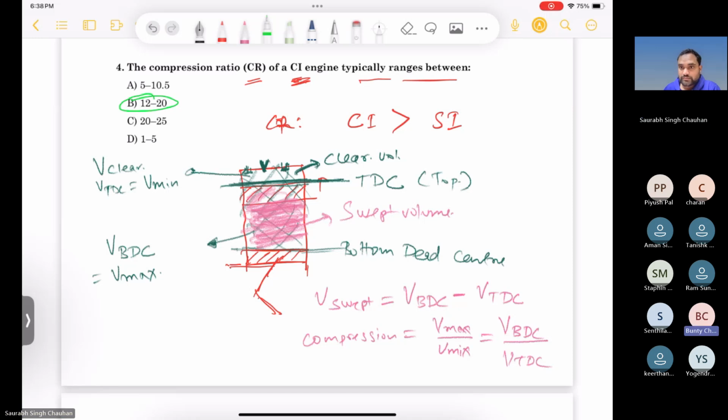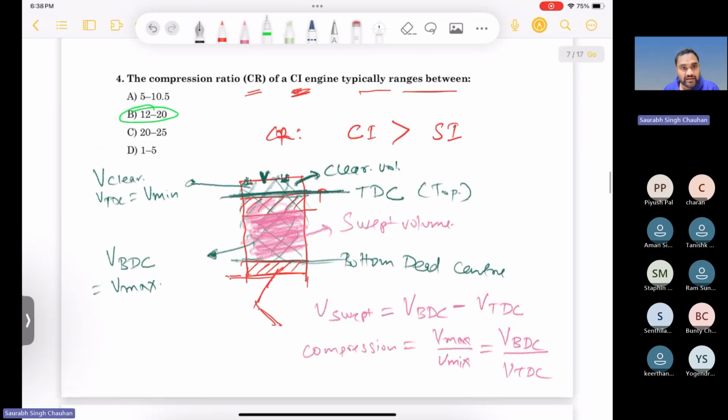सब पेट्रोल के लिए 5 to 10 रहेगा. हाँ, उसके लिए कम रहेगा, पेट्रोल वाले के लिए कम रहेगा. क्यों कम रहेगा? क्योंकि you are using spark plug. ओके,